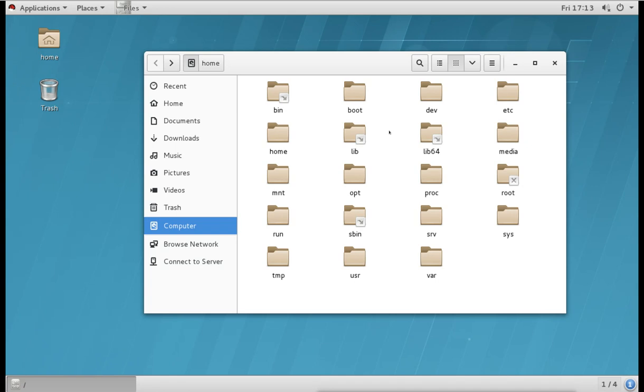So as we require, based on the type of the directory or what data is stored in the directory, we can create a separate partition for it. Otherwise all the data will go under the slash. So whatever partition is mounted on that slash, the data goes under that partition. Now, what are these system directories and what do they do?